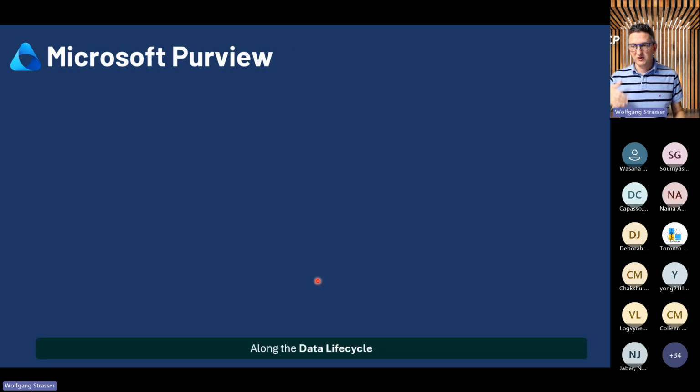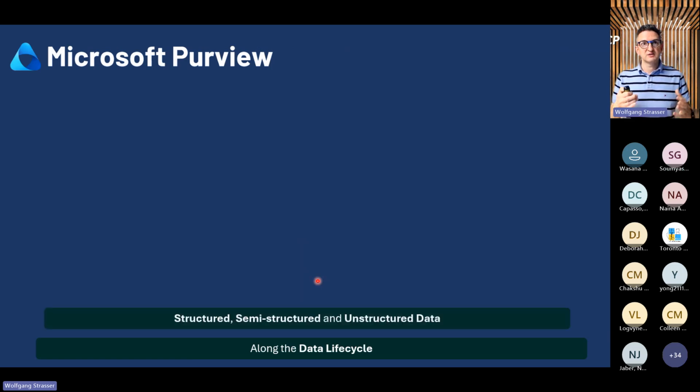So when we talk about Microsoft Purview, it is a solution and different services that deal with your data along the data lifecycle, from the creation of a data set until the end, the archive, the deletion. And it deals with structured, semi-structured, and unstructured data.